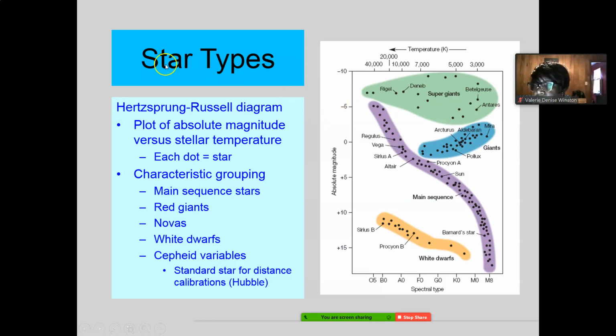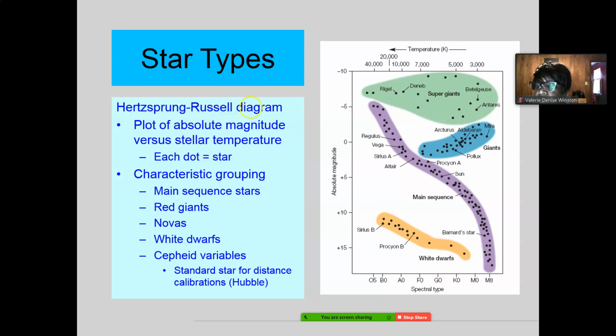When you put this together, and a couple of guys did it, a guy named Hertzsprung and Russell, they put together this diagram. Now, this isn't where they show up in the sky. This is nothing but measuring stars and how they relate to the Earth and other things. Okay?